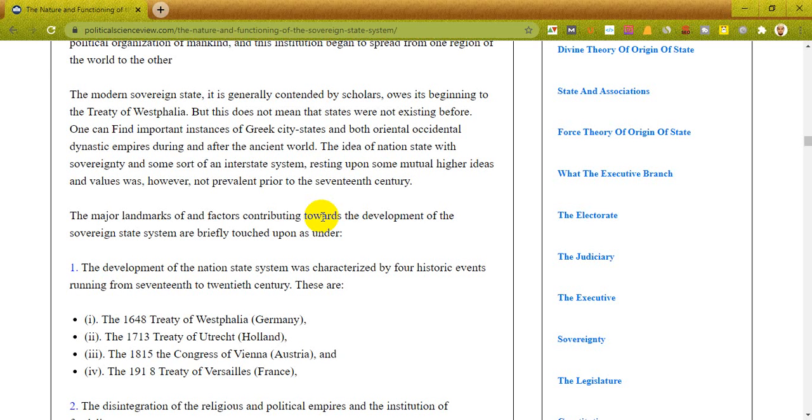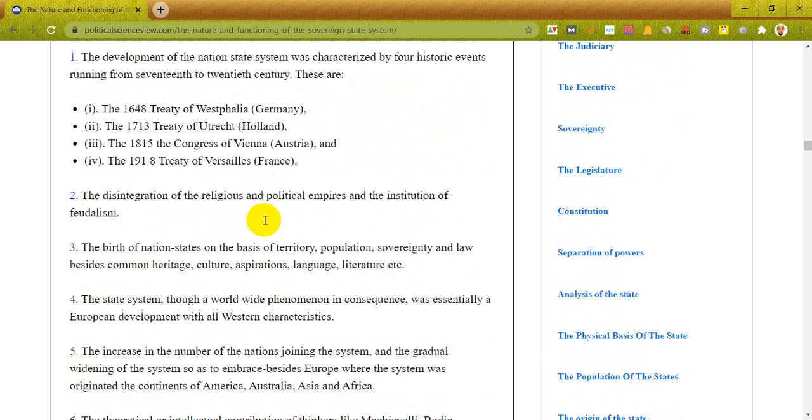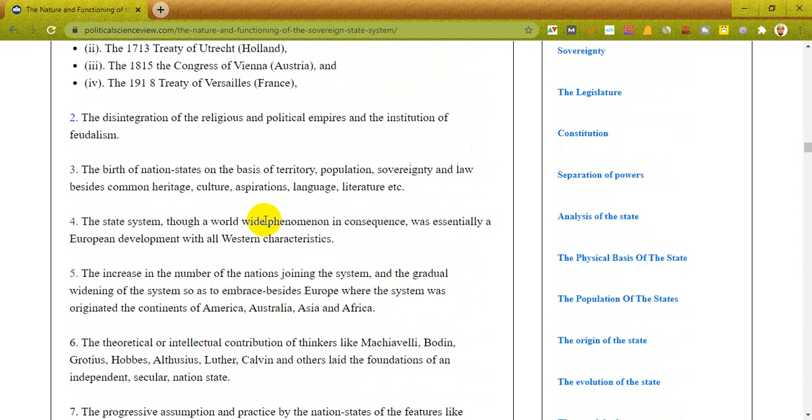These are the 1648 Treaty of Westphalia, Germany, the 1713 Treaty of Utrecht, Holland, the 1815 Congress of Vienna, Austria, and the 1919 Treaty of Versailles, France. 2. The disintegration of the religious and political empires, and the institution of feudalism. 3. The birth of nation-states on the basis of territory, population, sovereignty, and law besides common heritage, culture, aspirations, language,